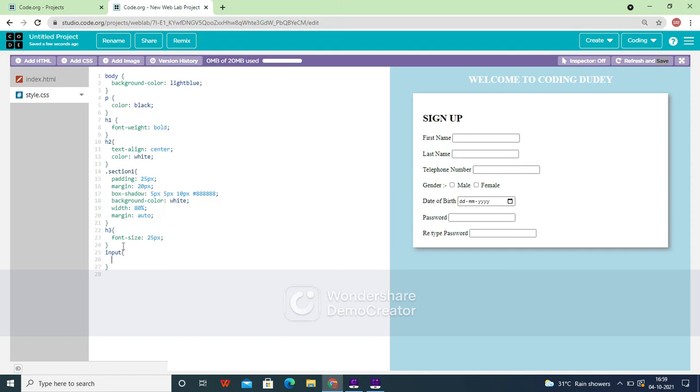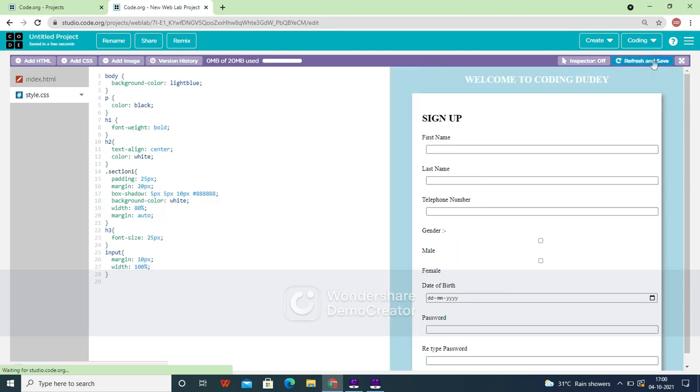Let's give it like margin 10 px and the width to be 100%. Okay, so now let's refresh it and see. Okay, this looks good, but what the thing is that your checkbox doesn't look good.